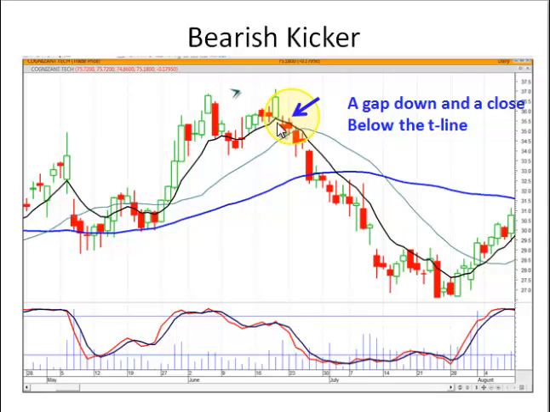Remember, these signals were developed by Japanese rice traders over 400 years. These aren't low probability situations. The reason we're looking at these type of signals today is based upon not only the Japanese rice traders being successful, but they were legendarily wealthy based upon their use of candlestick analysis. We don't want to give up that information.